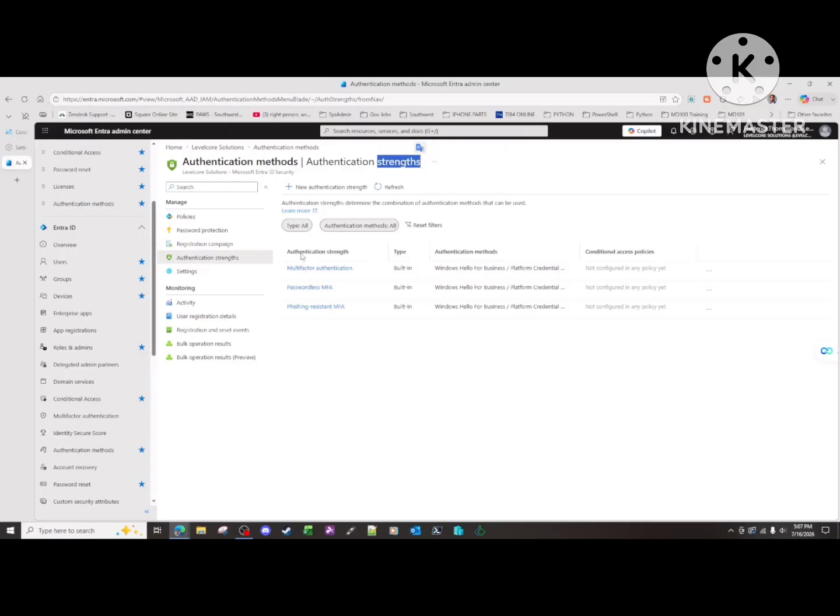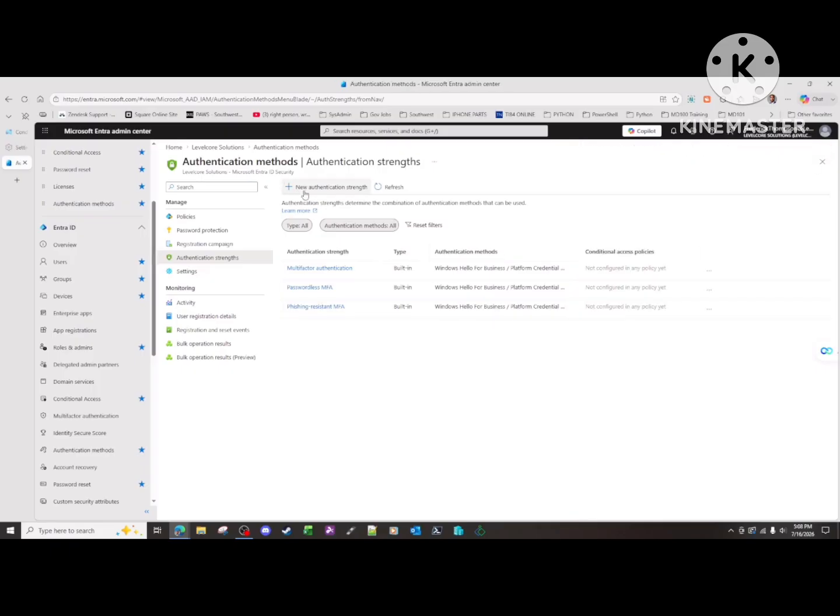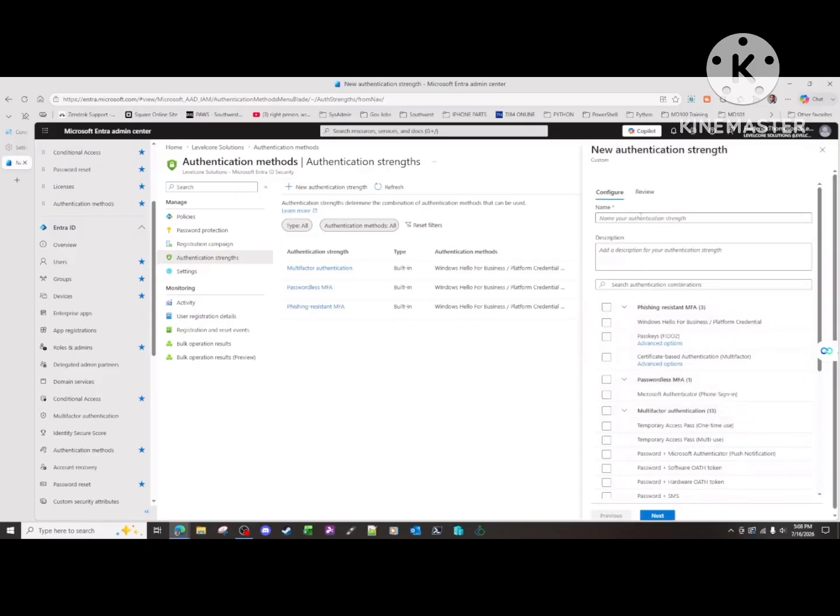Alright, so we already have three configured for us by Microsoft. We have multi-factor authentication, passwordless MFA, and phishing-resistant. Phishing-resistant does pretty much configure what we're about to configure, but it can be a little bit strict. So if you want something as secure but a little bit less strict, we're going to create our own custom policy. So we go to new authentication strength, and we're going to call this modern MFA